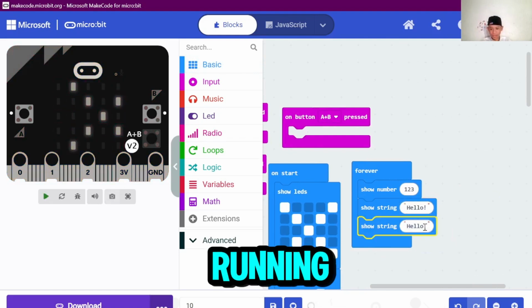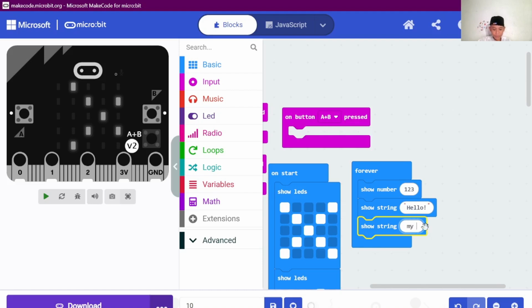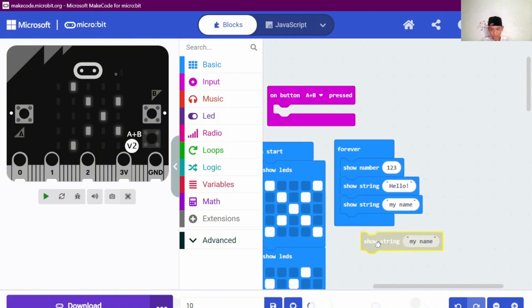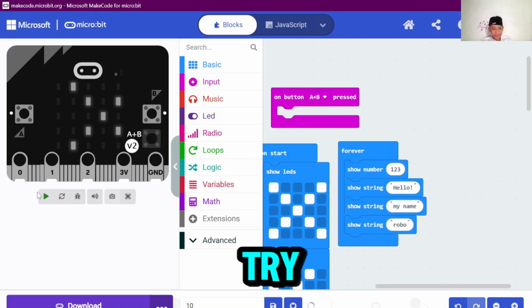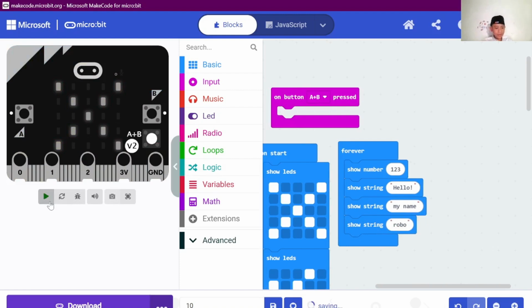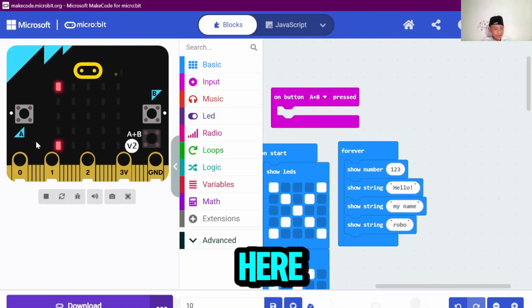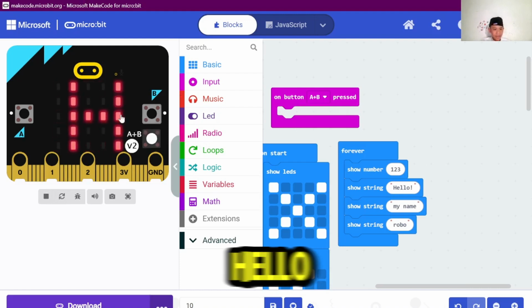This is for the running text. Let's try. This you guys can see in here. Like this. 1, 2, 3, and hello.